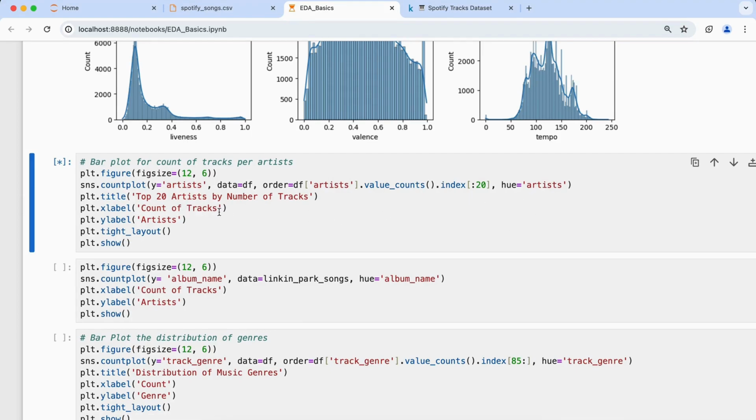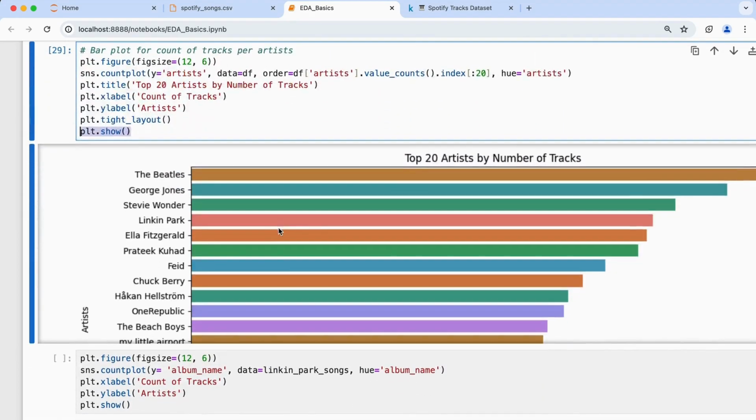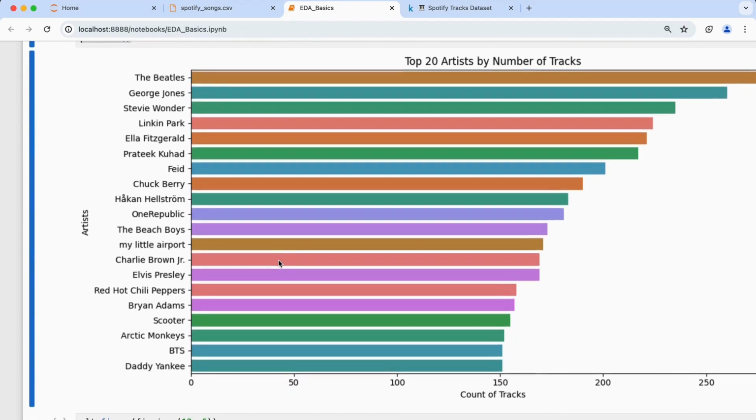What we have also done in parallel is assign the x label as count of tracks, the y label as artist, and the artist name will come. There is also something called tight layout. Sometimes there will be an overlap of words. In that case, if you use tight layout, that will not happen, and then plt.show to show that matplotlib graph. So there you'll see these are my top 20 artists available in the given dataset,